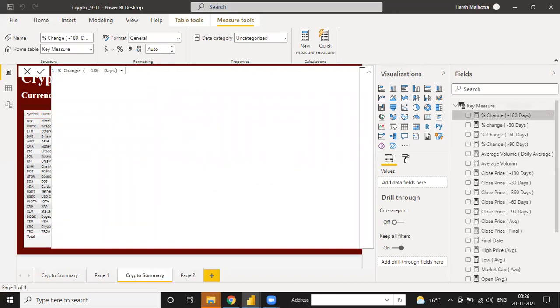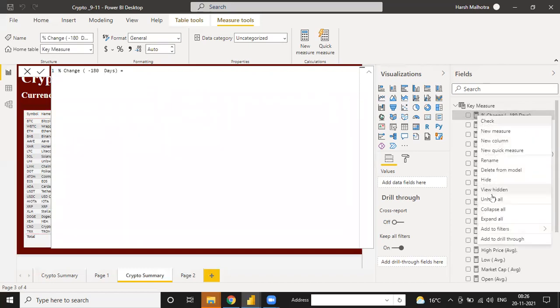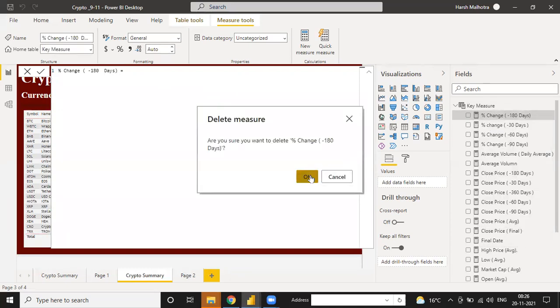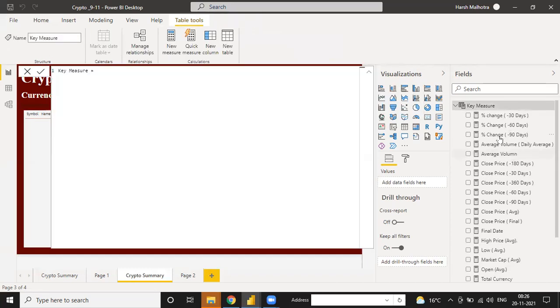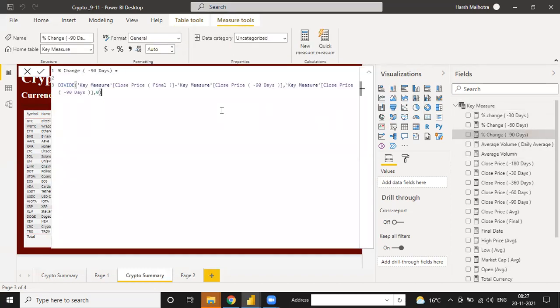So I need to remove this one because something is missing. So this one is deleted, and now I need to use it again. Copy this 90 days, new measure.